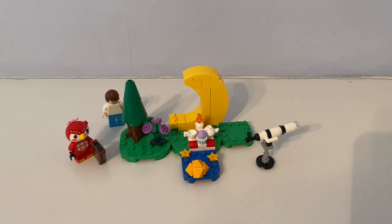Well, these 3 new Lego Animal Crossing sets for 2025 still don't come with any playable villagers. Well, maybe this summer they're going to release more of these Lego Animal Crossing sets, and I hope it came with any minifigures of playable villagers. But if they don't,